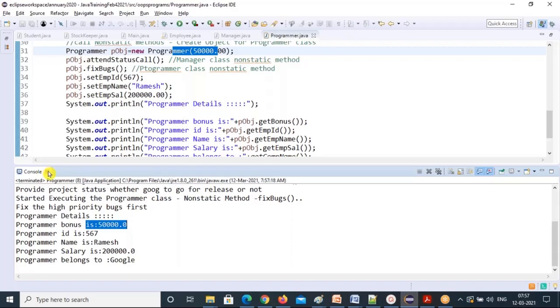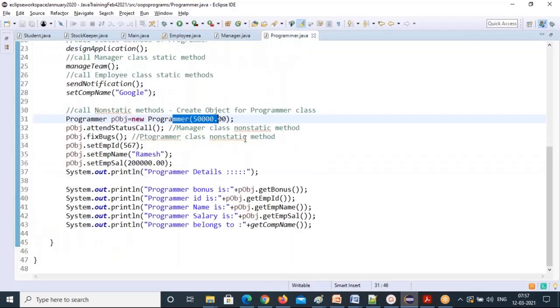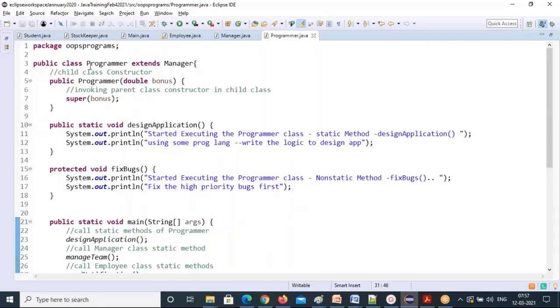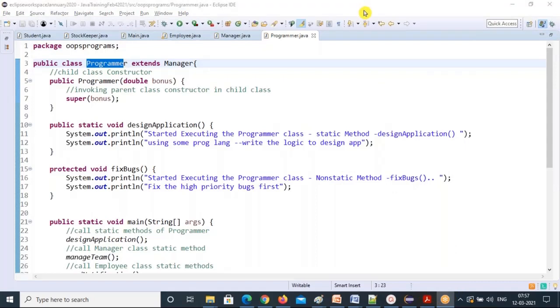So that's multi-level inheritance. Multiple levels, see, this guy is able to access, right? That's why this is called multi-level inheritance. Okay, that's all, and a few more are there. Next class we'll cover those things. Any questions?